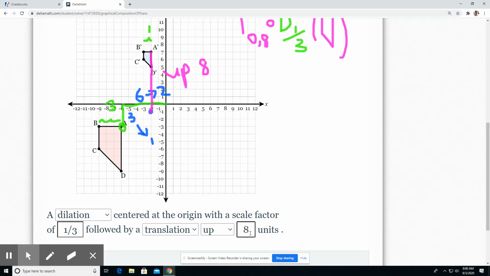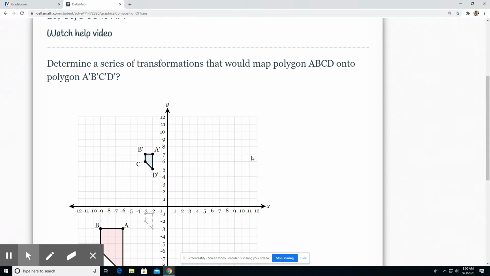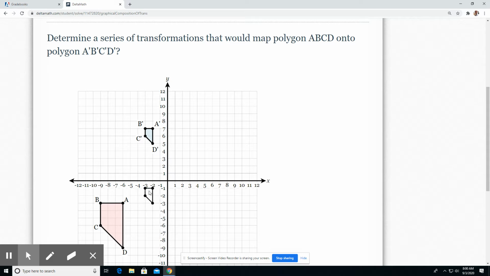And then I'll give us an animation to see how we did. So it moved right there. I like doing dilate first, and then I move it up. So my trick is I take care of the dilations or the rotations or the reflections first, and then I'll move it to where it needs to land on